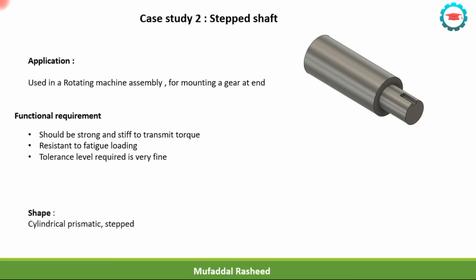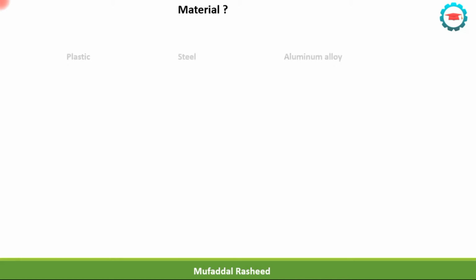So the shape over here is a simple cylindrical prismatic shape which is stepped and which is having a cutout in the form of a keyway. So that's the shape of the part. The first step would be material selection, and let's say that we have three candidates of materials, in this case plastic, steel, aluminum alloy. Of course there can be many others, like many other non-ferrous alloys like zinc, tin, etc., but we are not considering that. Considering that aluminum alloy is the best amongst all and considering these three as the candidates for selection.